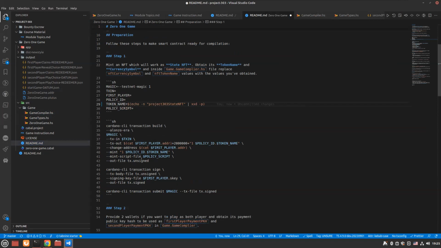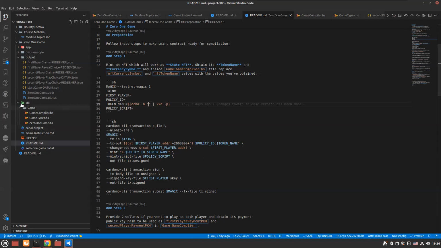You can run this command and mint it. For the sake of simplicity, I just mint the token with a native script, aka simple script. I think you already know how to mint with a native script versus a Plutus script. It doesn't matter that much which script you use for this. But anyway, the first step is this. Let's assume you've done that and you have your currency symbol and token, and then you can head back to